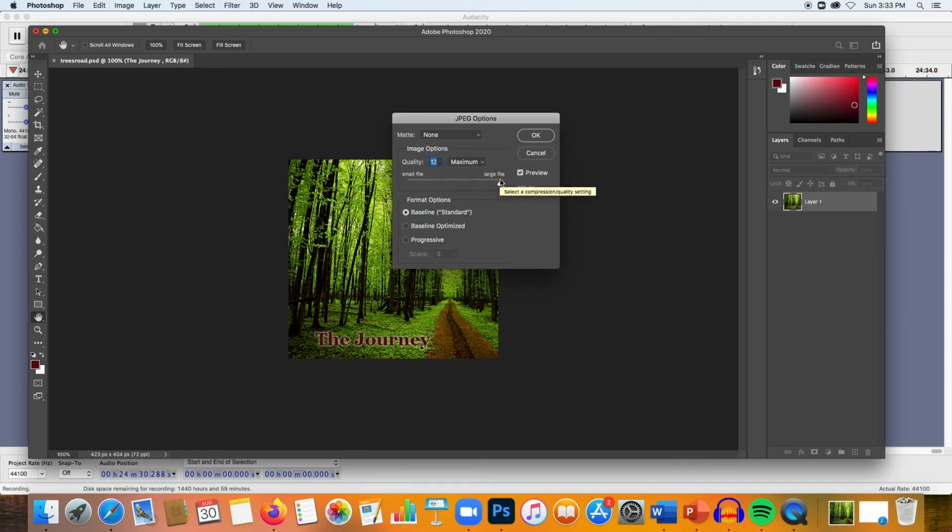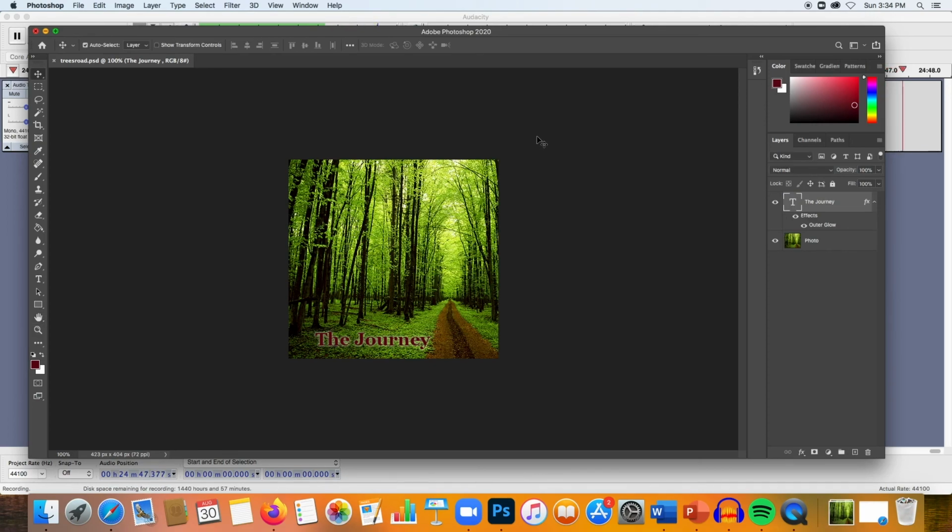So you always want to drag your slider all the way to the right so you have a maximum quality. And for today, we're not going to worry about format options. Standard baseline format is a great format. That's why it's standard. So you can hit OK, and you can save your finished file. Not just as a PSD Photoshop file, but also save it as a